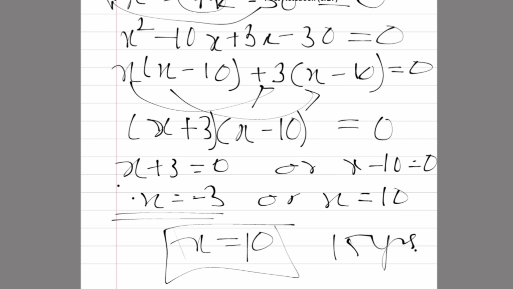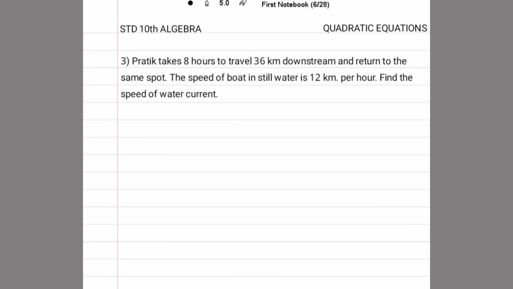So this is how we find the ages of people by using the quadratic equation. I hope it's simple. We are just solving it by the factorization method because it's easy to remove the factors here. Now our next question is based on the formula of speed, and the similar type of question we solve in the linear equations in two variables just by assuming two different variables, that is x and y, right?